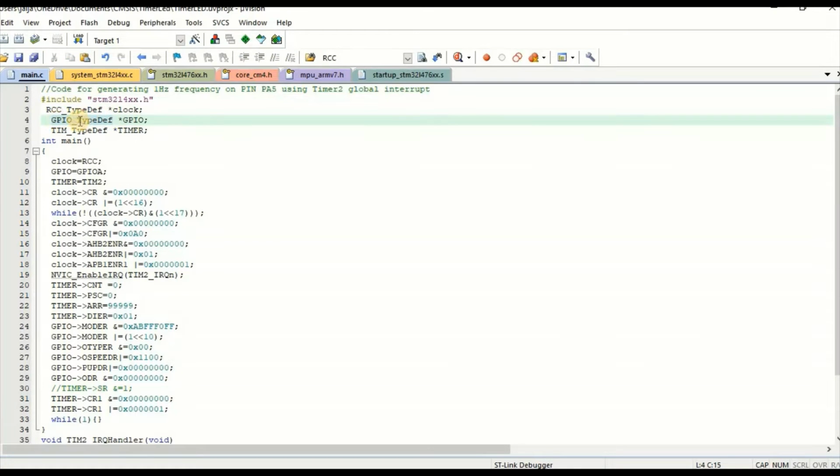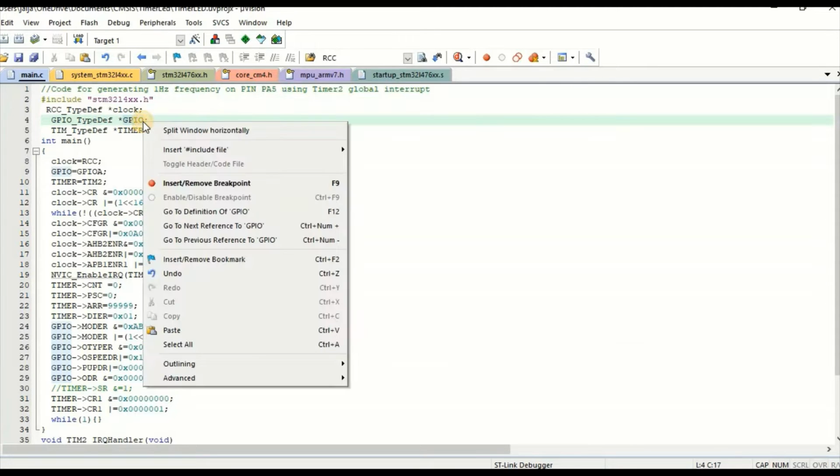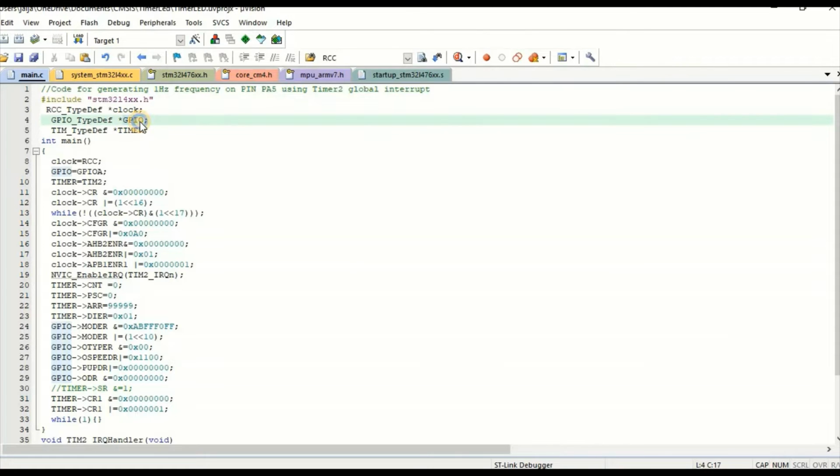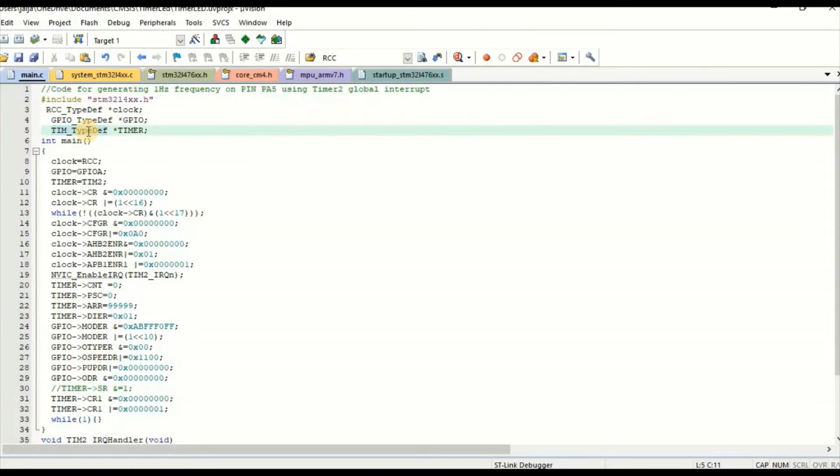And this is for GPIO. This pointer GPIO is for accessing the GPIO registers, and this one is the timer type def. This pointer timer is for accessing the registers of the timer. We have created three pointers as global.